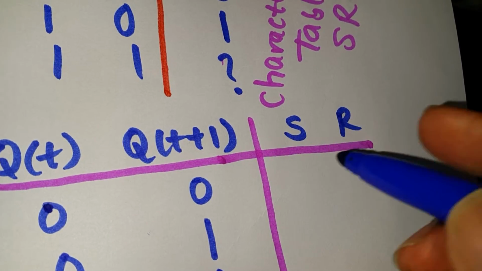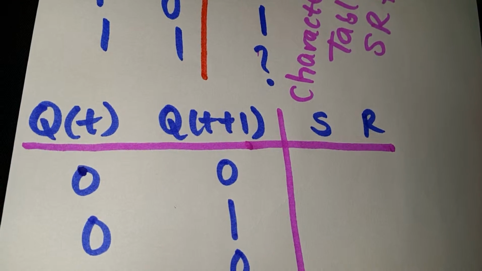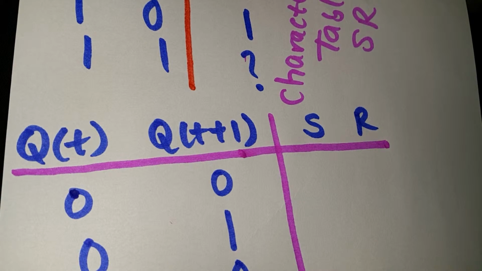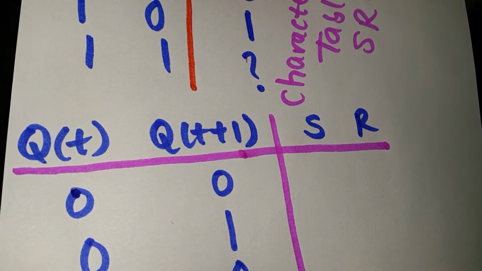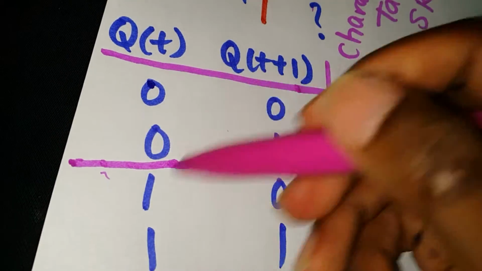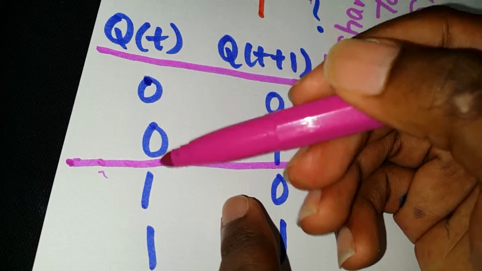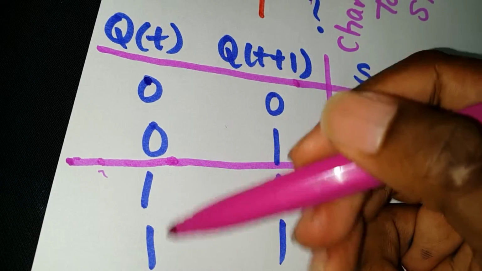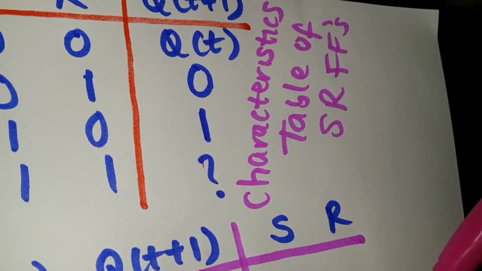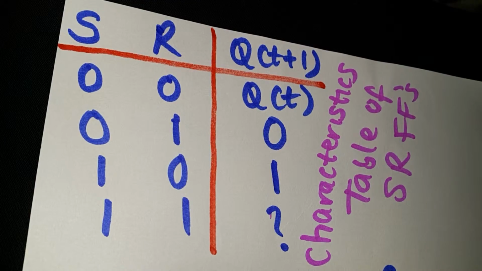So now the first thing you have to do is to separate them. We have 0 0 here, because in this block we have 0 0, in this block we have 1 1. Q of t is 0 here, Q of t is 1 here. It's not changing here. So after constructing this table, then you will look to your characteristics table, and